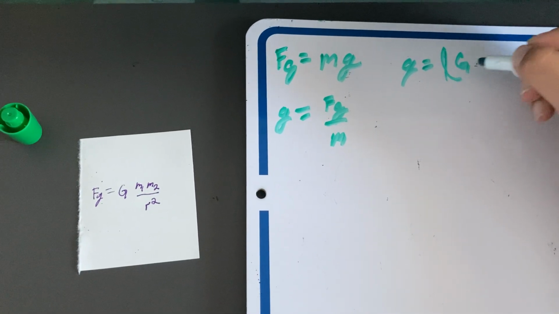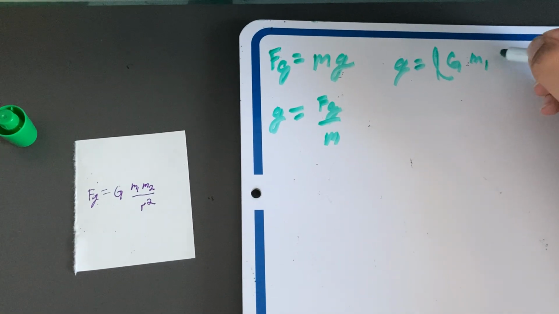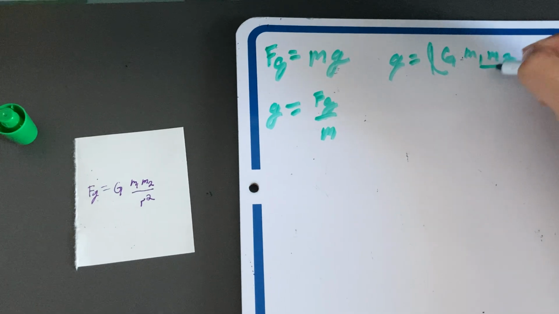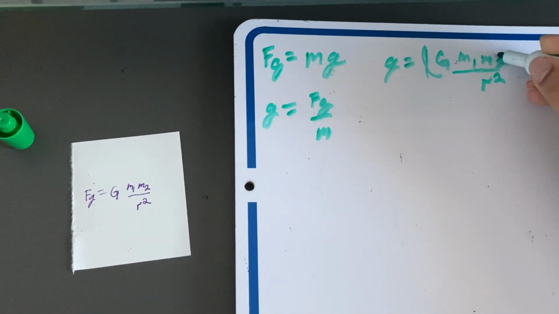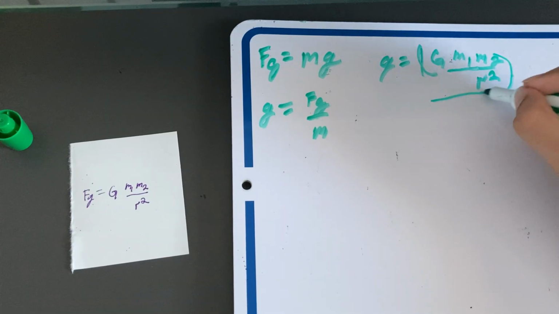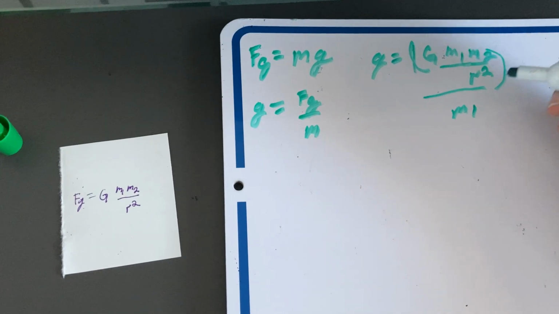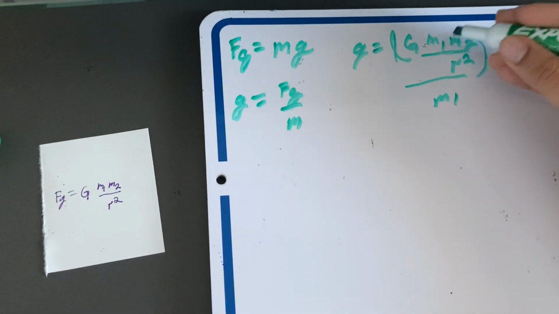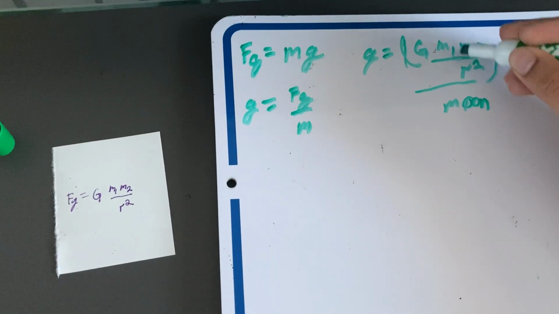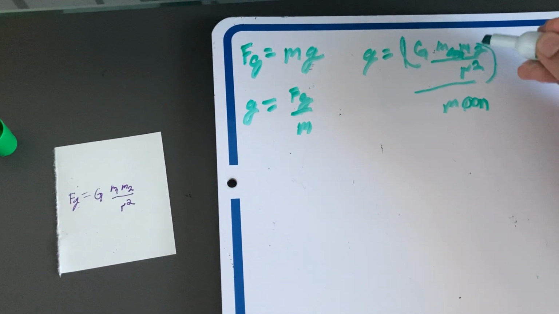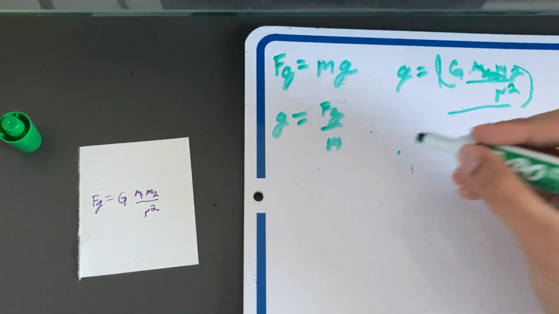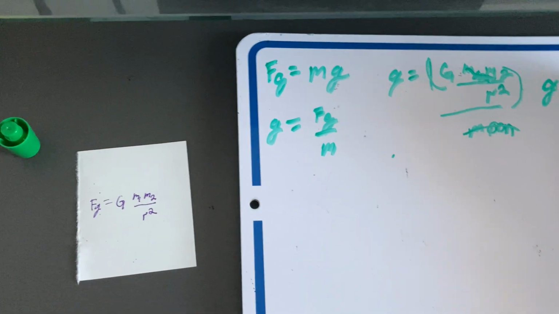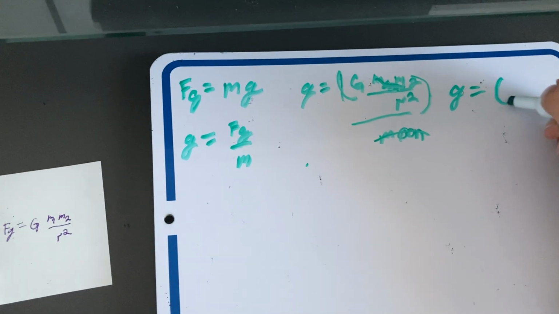G M2 over r squared, all over M. And we can just call it M1, the mass of the moon. Okay, so the mass of the moon cancels out, and what we're left with ultimately is g equals